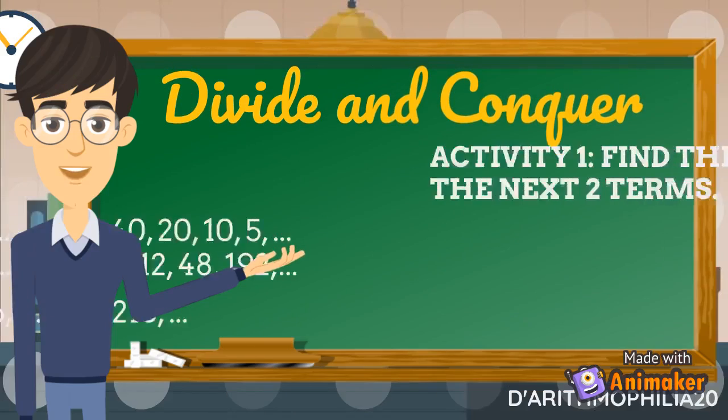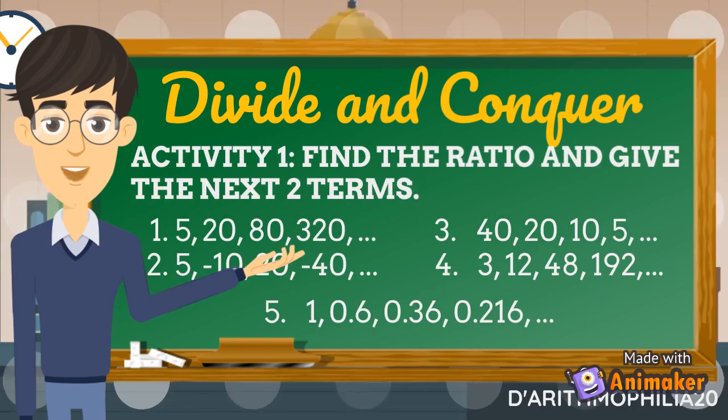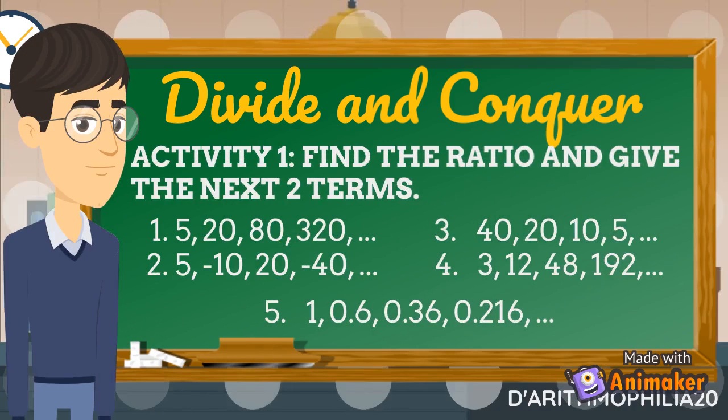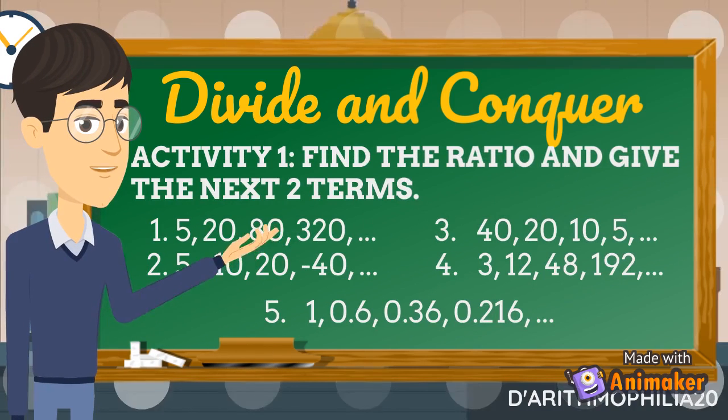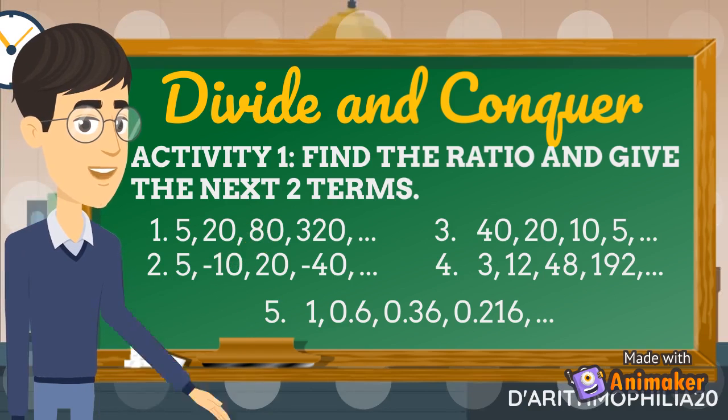For you to practice your newly learned skill on finding the common ratio of a geometric sequence, try to do this task on your own in your notebook. Do Activity 1 entitled "Divide and Conquer" by determining the common ratio and succeeding terms of a given geometric